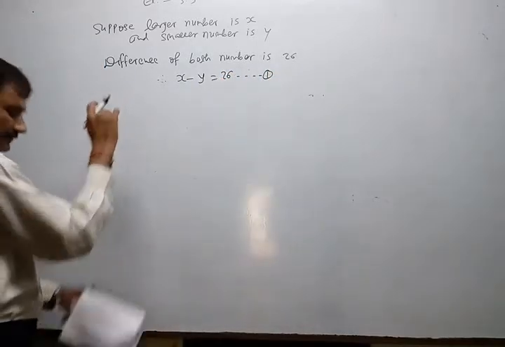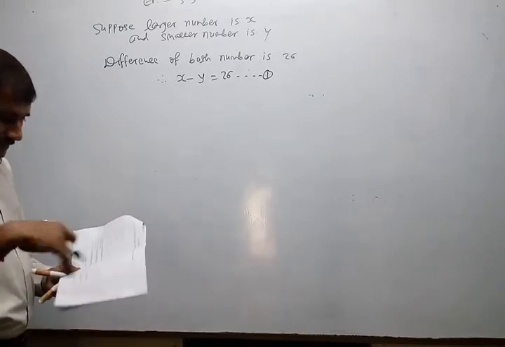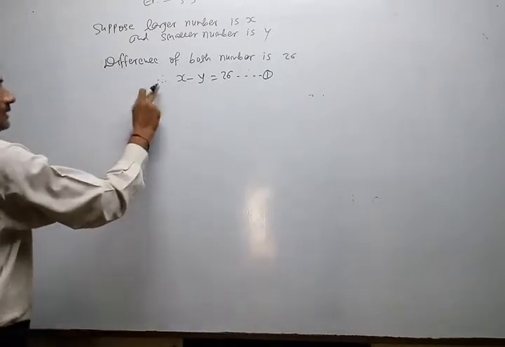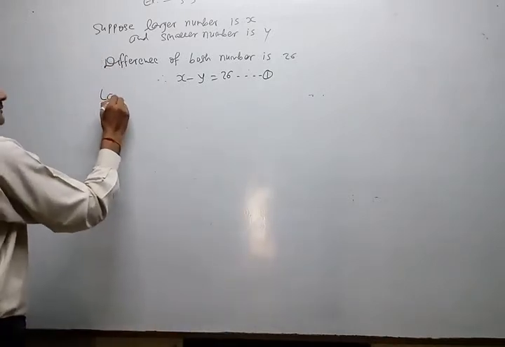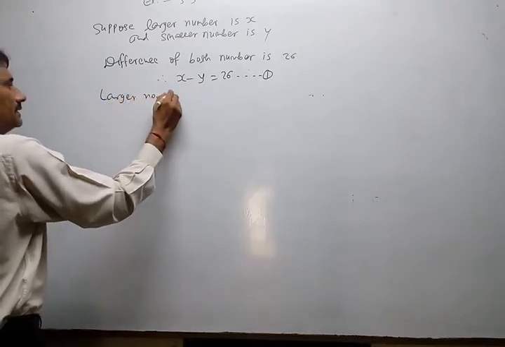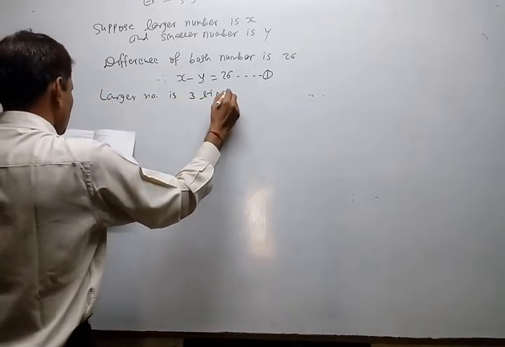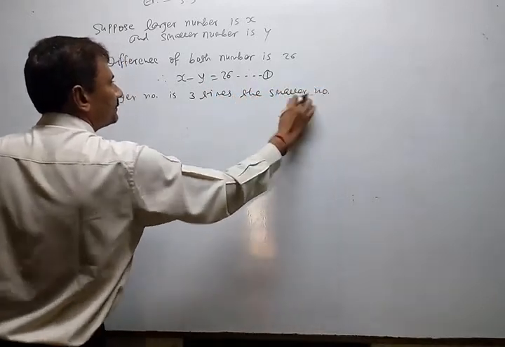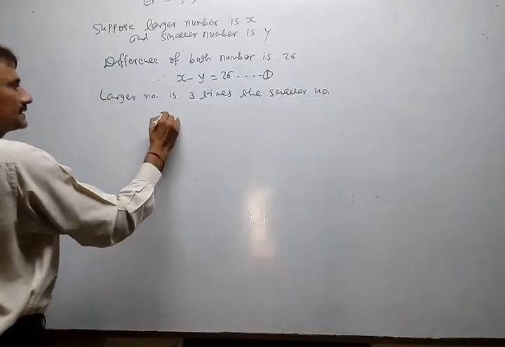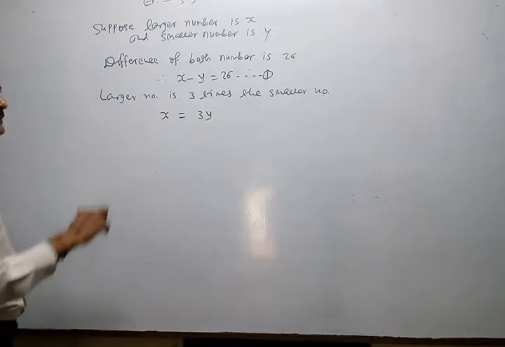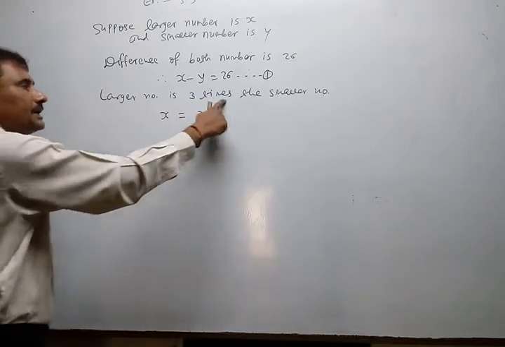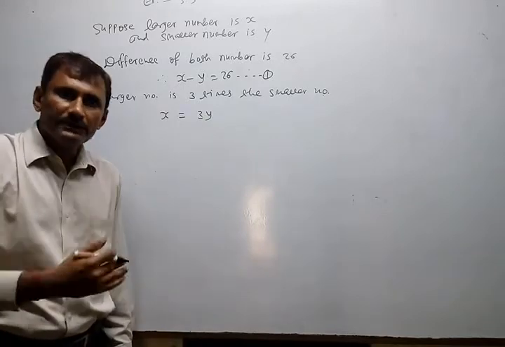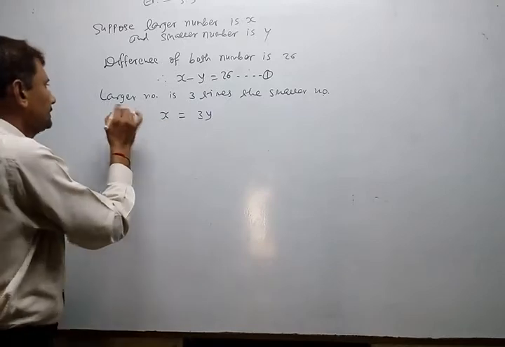Okay. In the same way, one number is 3 times the other number. So obviously, if any number is 3 times, it is the larger number. So here write meaningfully: the larger number is 3 times the smaller number. Other means smaller. So it is more clear. Okay. So obviously x is 3y. x is equal to 3 times. 3 times means multiply. If the word more is there, then plus. If the word less is there, then minus. That way you can understand larger numbers.